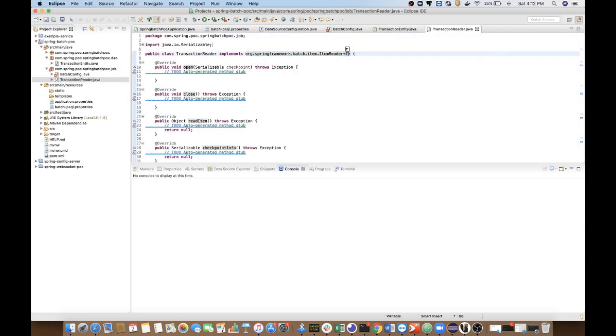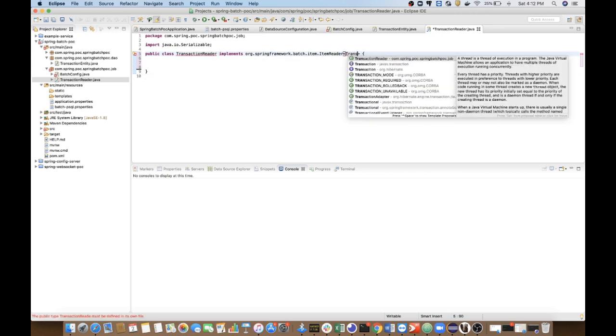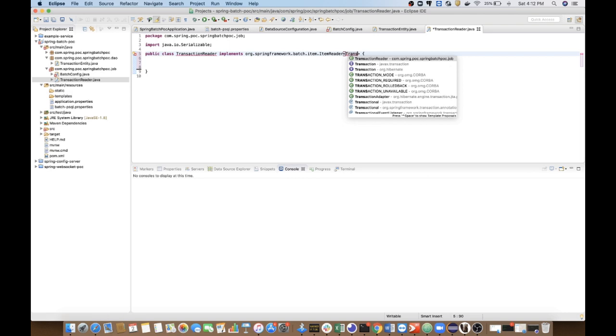We need to use Spring's. Earlier we have. Transaction entity.